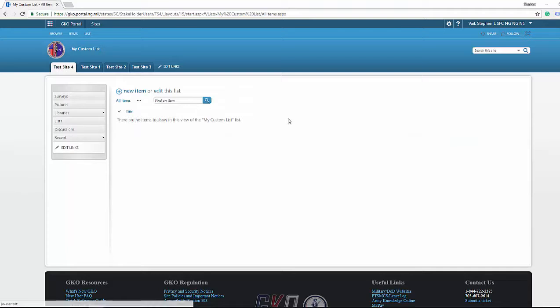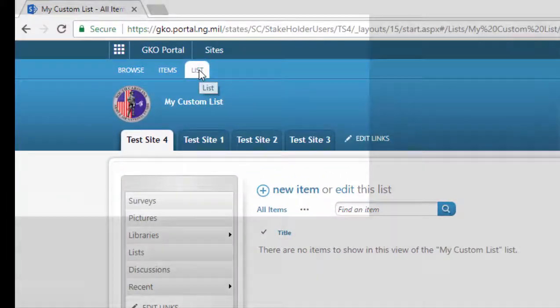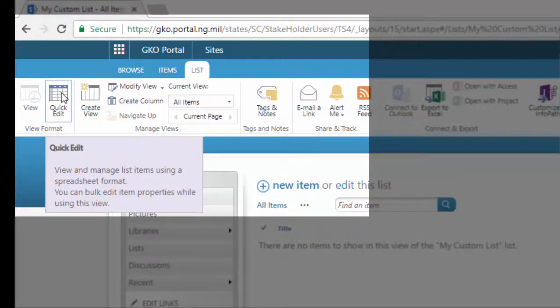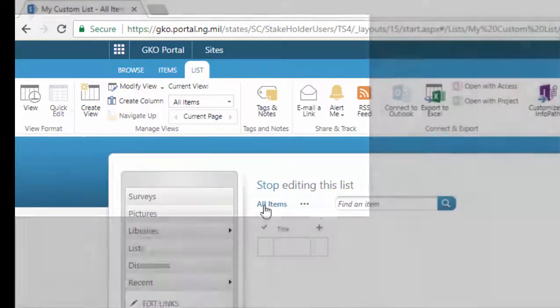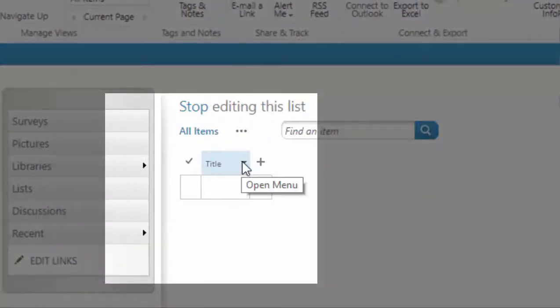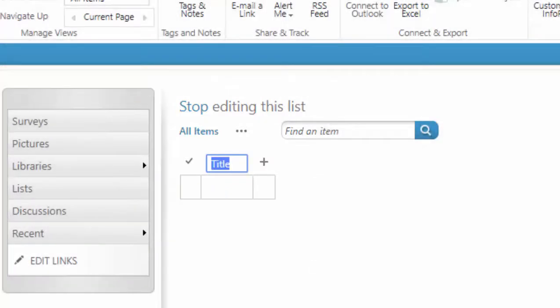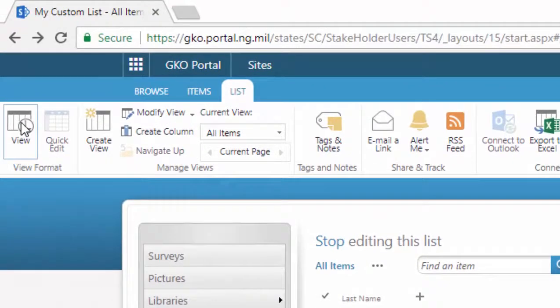Now we have this list, we've only got one column. And most of the times when we are doing a roster or something like that, we don't really use the word title. We use either rank or last name, and last name usually for indexing things, right? So let's go up to list here and then go to quick edit over here. Now in quick edit, we can drop down this little arrow here and rename that column. Then we can go back to the regular view